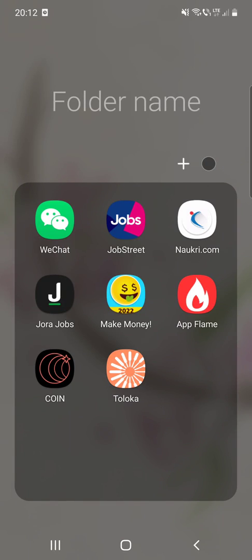Hello guys, in this video I'm going to show you how to check your payouts on app Flame, but first